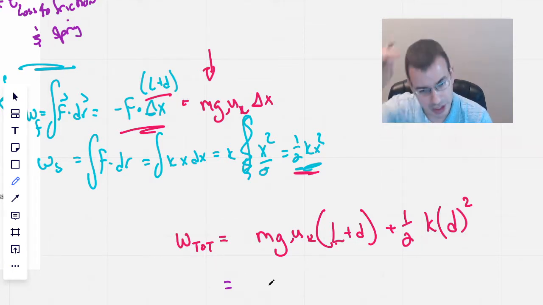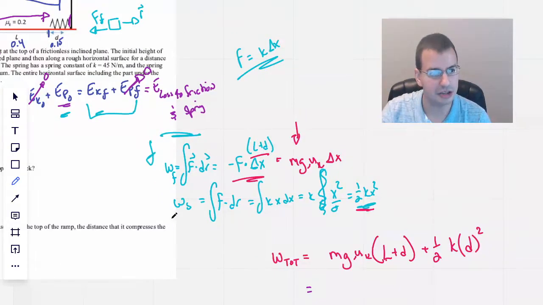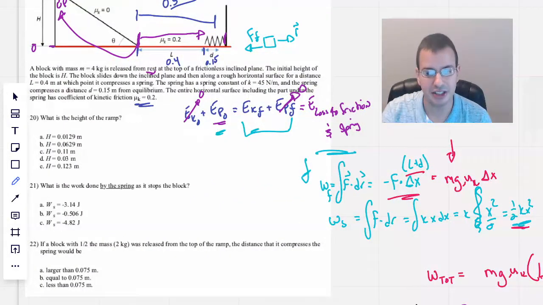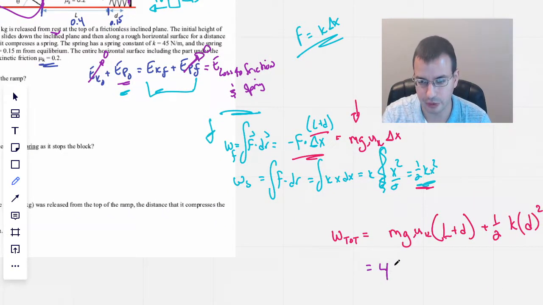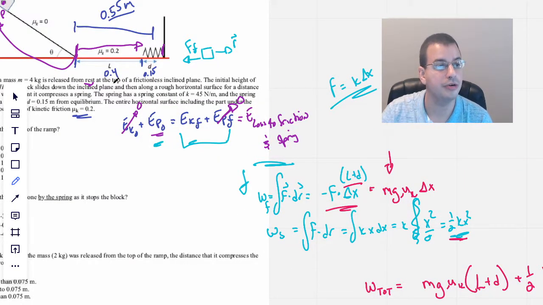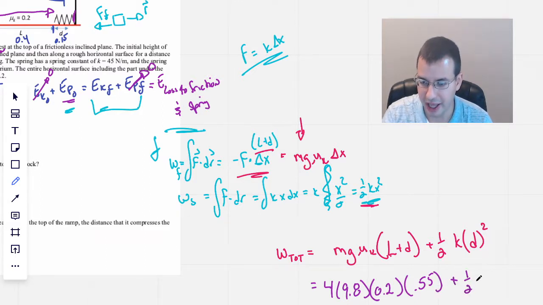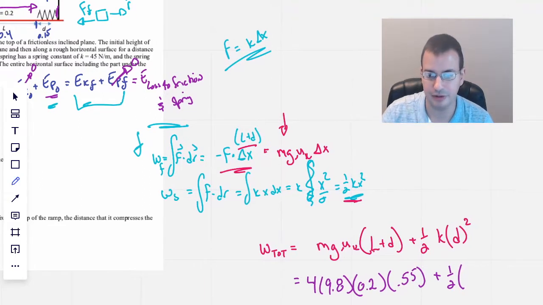All right, so let's see if we can, can I factor anything out? I don't think I can. All right, so I'm just going to throw in numbers. So we got a mass of 4, so 4 times 9.8 times mu 0.2, and then this is going to be 0.2 plus 0.4 plus 0.15, which I'm going to write as 0.55. 0.55 plus 1/2, and then k, I think it was 45. Yep, 45 newtons per meter